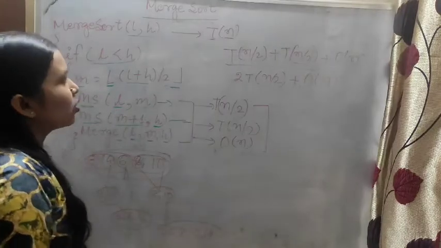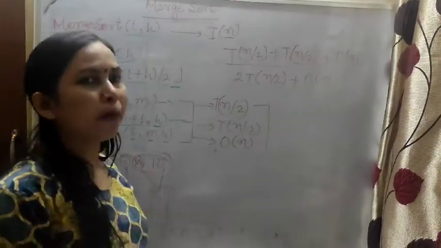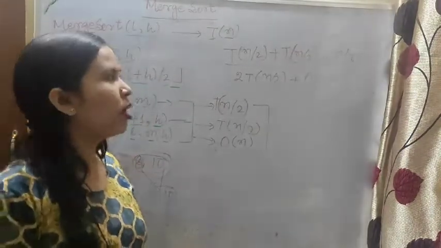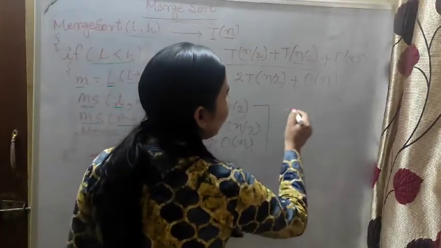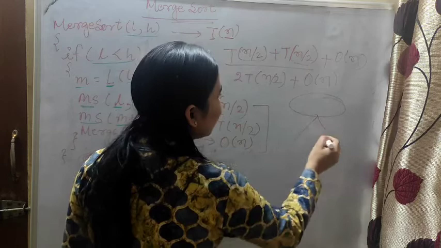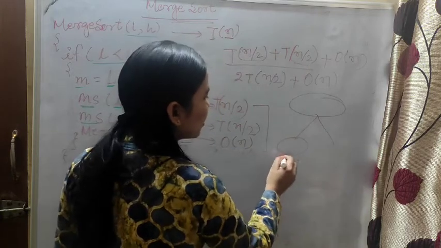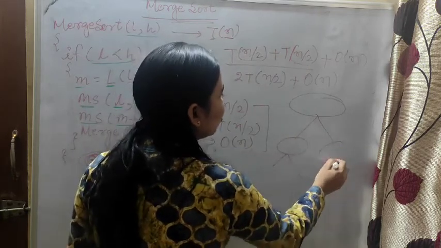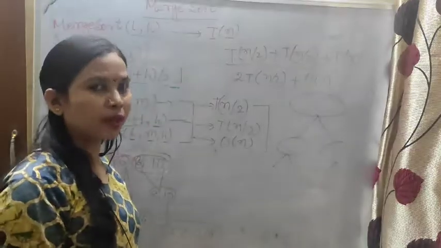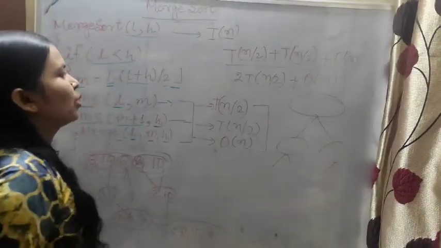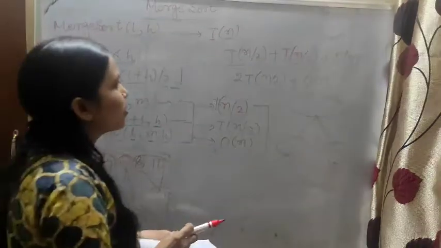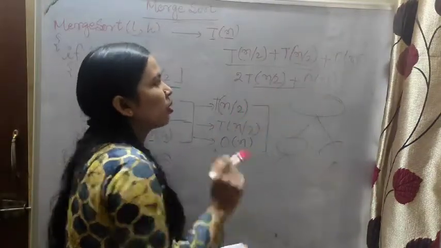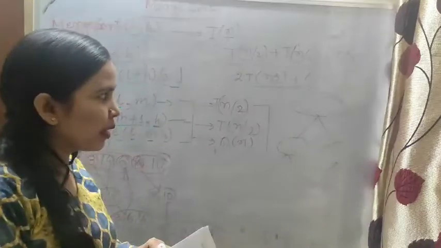And in the merge sort algorithm, we are using the divide and conquer method. Why are we using divide and conquer? Because we are dividing. Every time, array elements we are splitting into only 2 parts. This is called the divide and conquer method. Okay, so now I am telling you this is the recurrence relation 2T of n by 2 plus order of n, and it came in the GATE exam also.